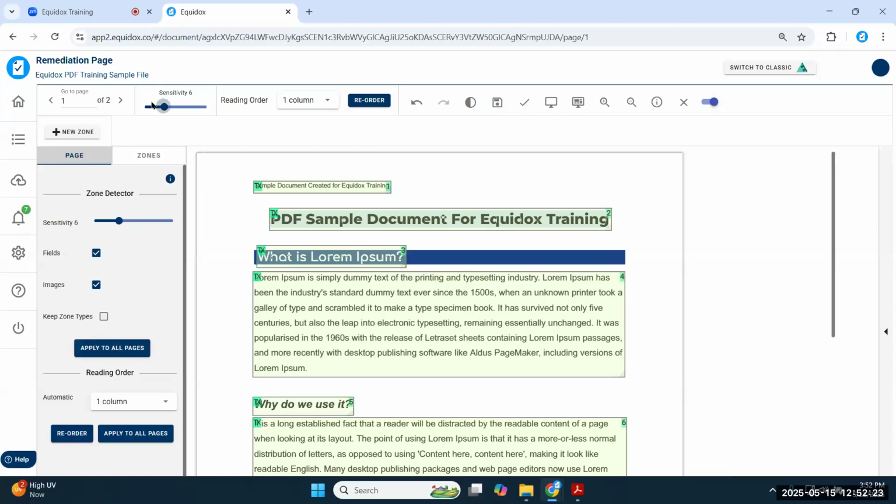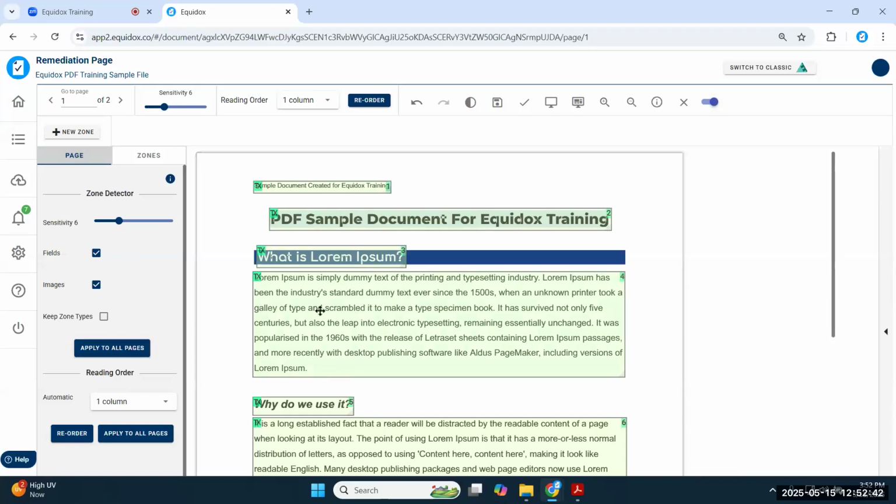Next, that slider is available up here. It's the same function. They move together in tandem, just in case you're not on the page tab and you want to use it. As a general workflow recommendation, I would say use the slider as your first step and then start making your more precise adjustments to your zones from there.